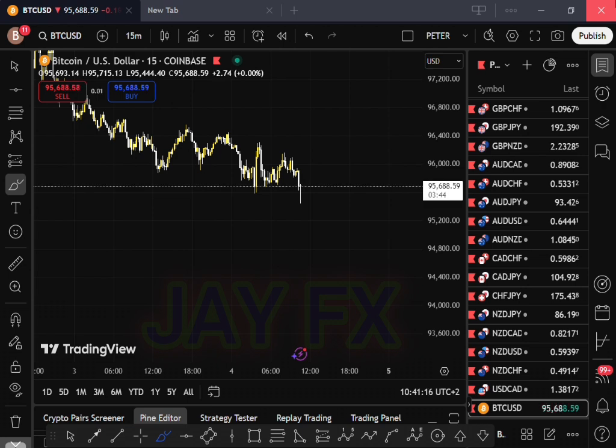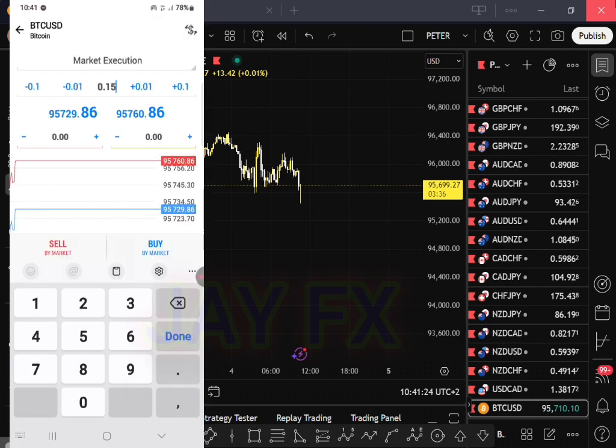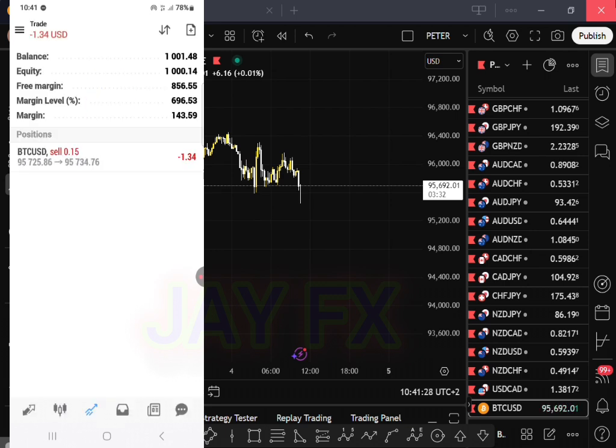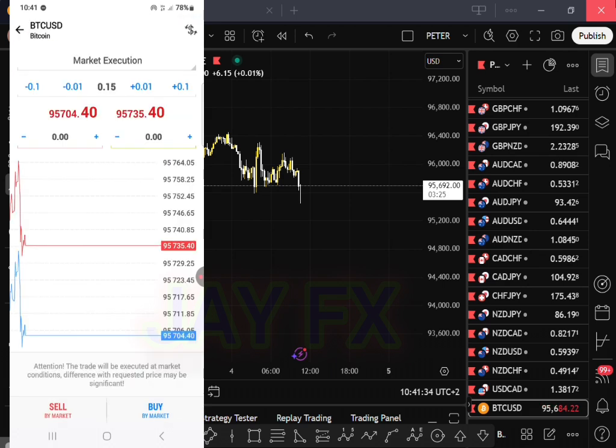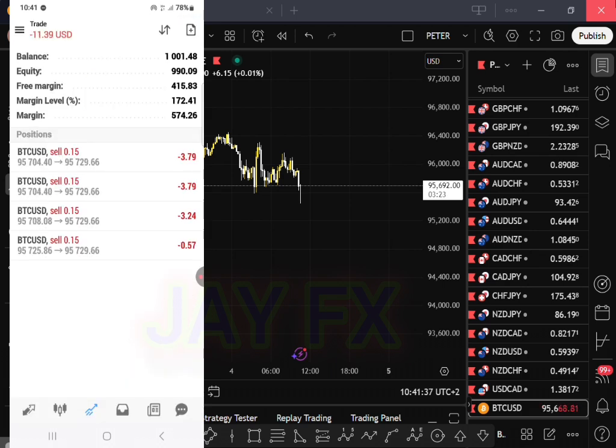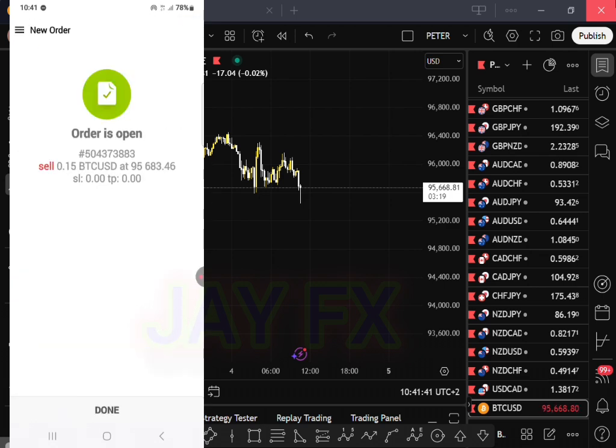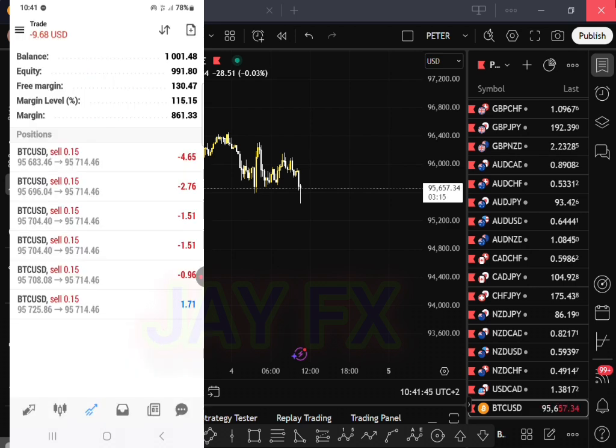I will use 0.15, not 50, 15, and sell BTC. I'm sure since it did that rejection, it made things easy because I'm going to fall down with it. I'm going with it, and I'm sure that if nothing happens beside what I'm talking about, or beside what